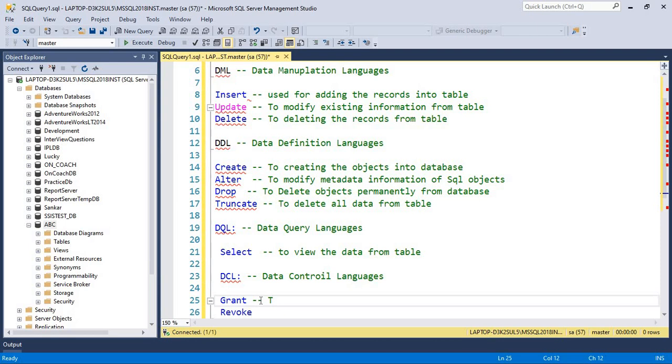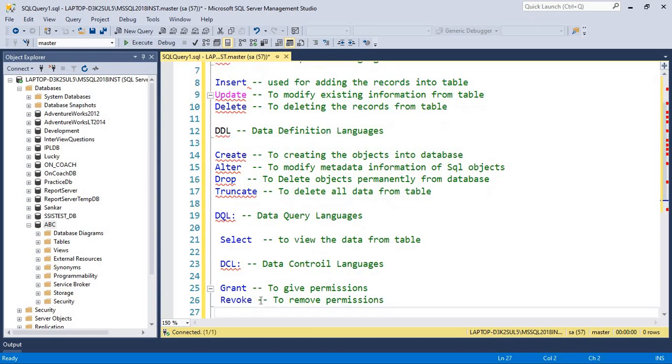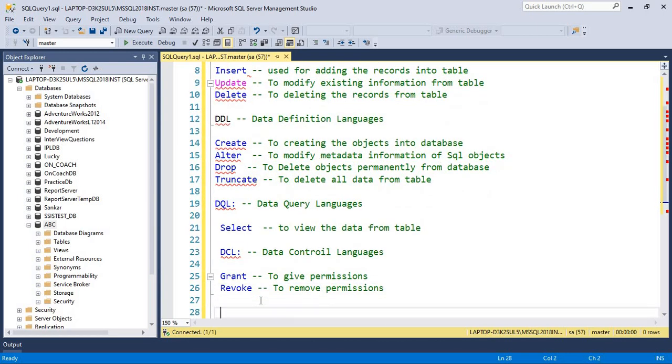We can see that in SQL Server. Revoke means to remove the permissions of a specific user or objects. Yeah, that's it about DCL.